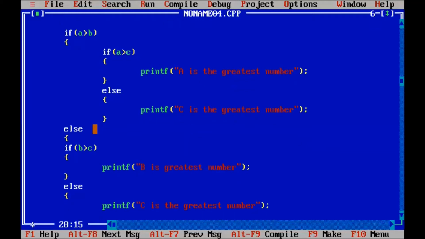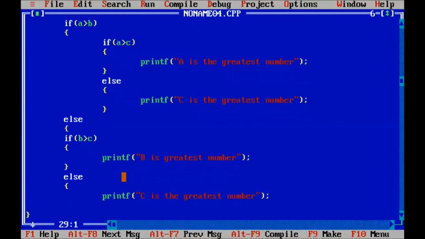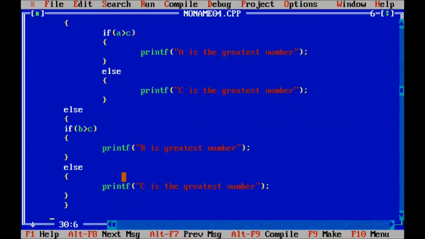Okay, so we close the if part. Here we close this curly brace, and this curly brace closes this one, and this one is this, and here we close this one. Okay, and we also close the main curly braces.